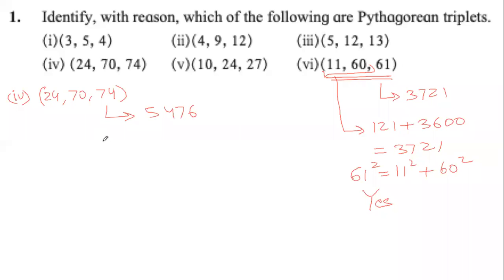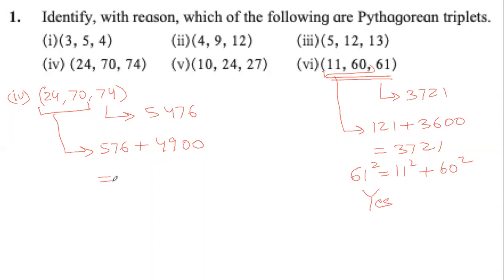When you multiply, you will get 5,476. Now, you have to be honest when you are studying at home, and you have to do the multiplication with pen and paper, not using a calculator. Calculators are not allowed in the exam. Now, when we take the smaller numbers, we already know that the square of 24 is 576. And the square of 70, we can easily find by taking the square of 7, which is 49, and the 0 converts into 2 zeros.